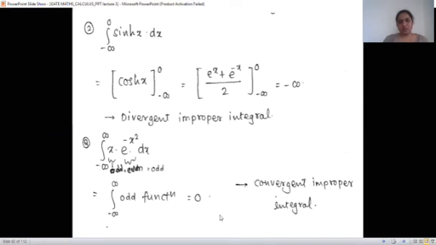Next, integration. This is again improper of first kind, as it is minus infinity. So integration of sine hyperbolic is cos hyperbolic from minus infinity to 0. So it is e raised to x plus e raised to minus x upon 2 from minus infinity to 0. It is 1 plus 1 by 2, 2 by 2, 1 minus